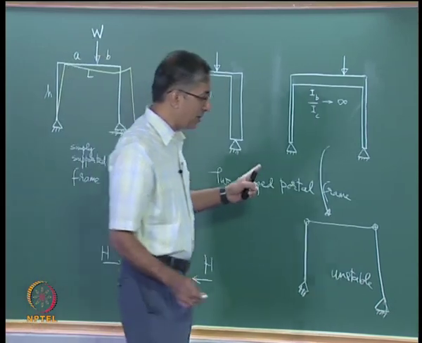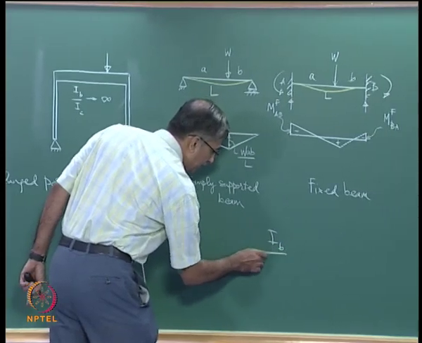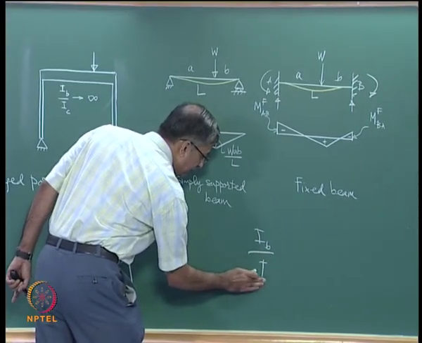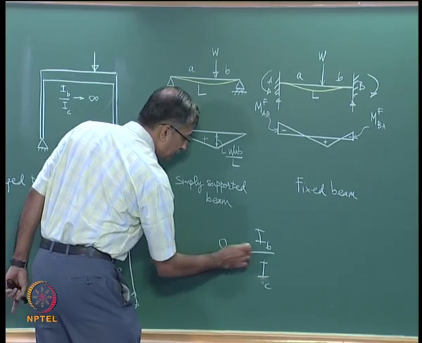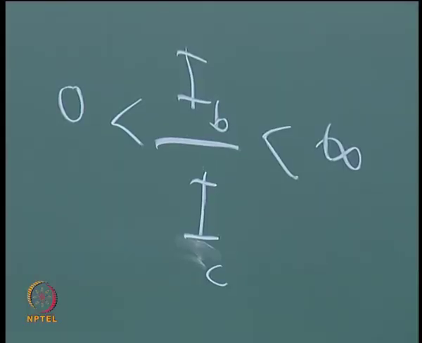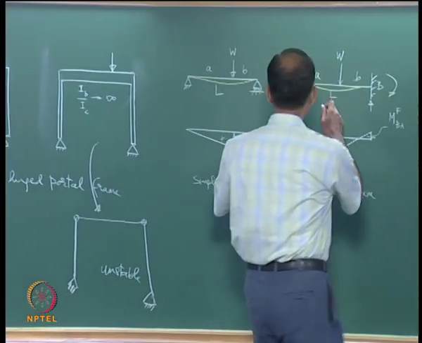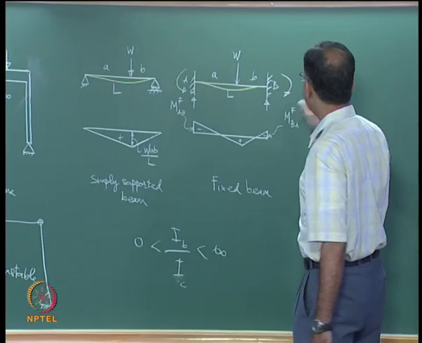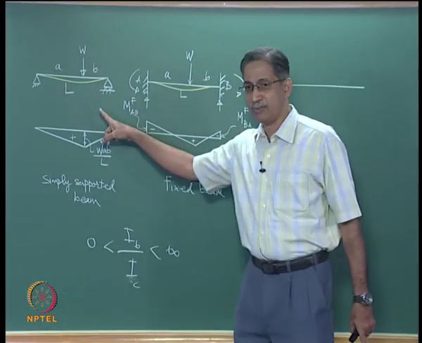So the reality is IB by IC will lie between two extremes, right. They are limits, they are not physically realizable, they are limits. And so if you really want to model it as a beam, how would you model it? Tell me. This model is one limit,